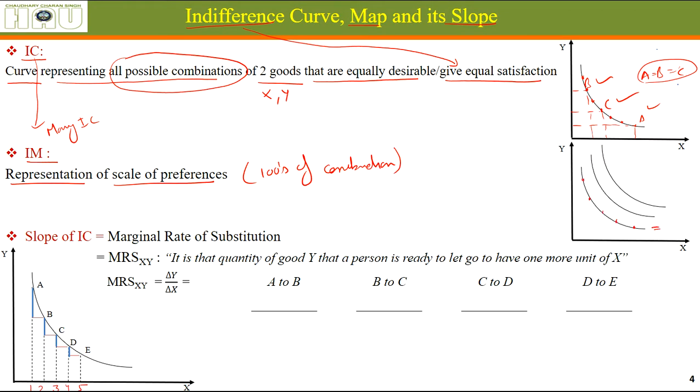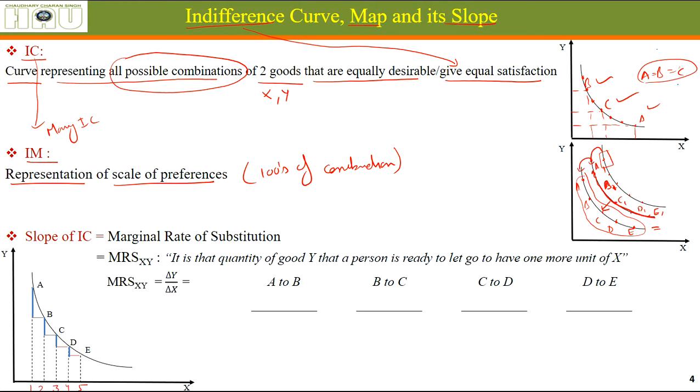Okay, A, B, C and A, B, C, D, and A, B, C, D, E. All of them give equal satisfaction. But A1, B1, C1, D1 and E1 all give equal satisfaction to each other but give higher satisfaction than all these earlier combinations. Okay, and similarly, if we think about the points on the further indifference curve, these points are going to give you more satisfaction than the earlier ones, and more satisfaction than the ones further back.